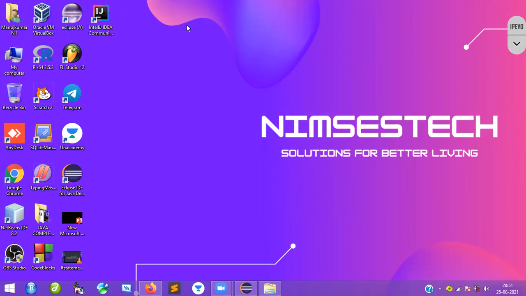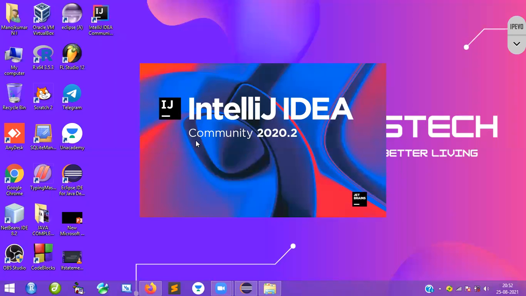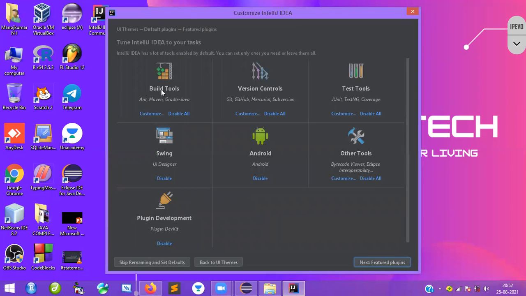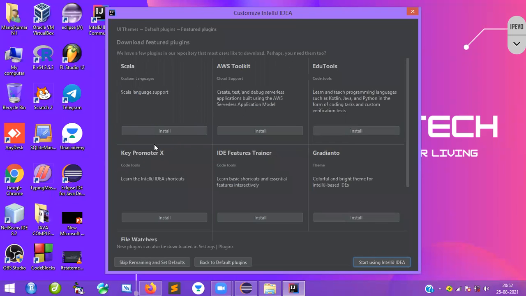So wait for a while. Now you can see I'm installing IntelliJ IDEA community edition 2020. So this is more than enough. Okay, skip these things. Next you can see all those things. What tools are there? Everything you can see here. Version control, Android, other tools, whatever tools you want, you can see the features.